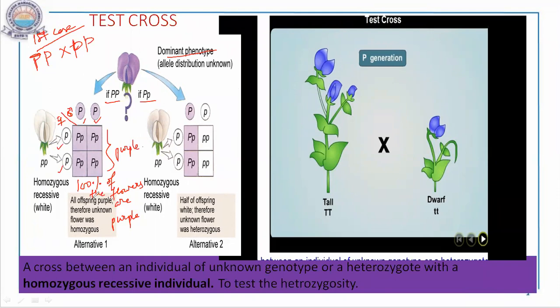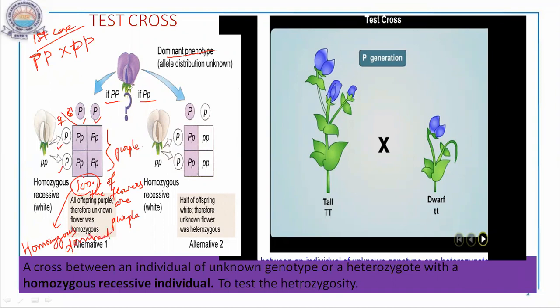So when I see that all my offspring are purple, all the flowers are purple, 100% purple, then I will confirm that the unknown genotype of the parent is homozygous dominant. Now could you follow? If I get 100%...